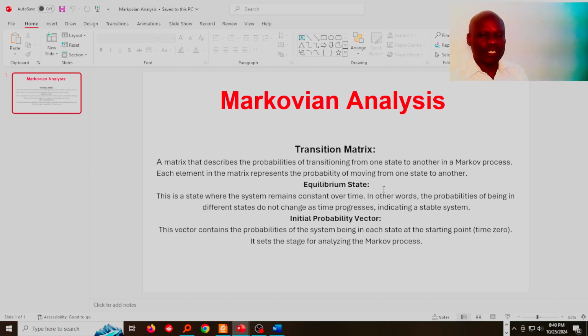Then initial probability vector. This vector contains the probabilities of the system being in each state at the starting point, say time 0. It sets the stage for analyzing the Markov process. So like I gave the example of a lift, and considering the floor that you can find it at each particular time, then initial probability vector will give us the probability of the lift being in each floor at the starting point. So that is what initial probability